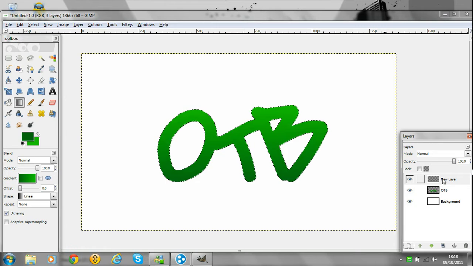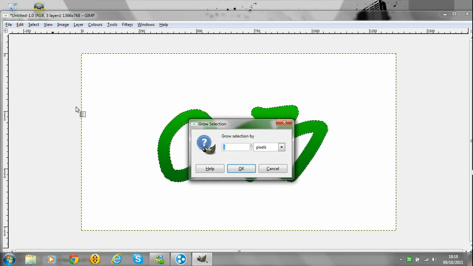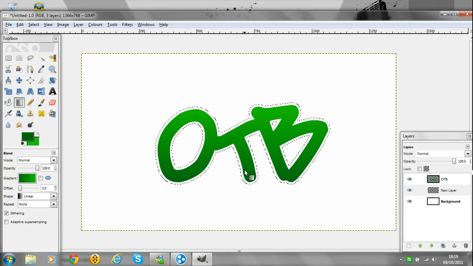and now we're going to be doing the outline effect, and you want to make sure that this layer is behind your text. So you can do that by just pressing this little arrow here, and then you want to go to select grow, and you want to grow it by about 10 pixels. No, it's 1910. So it looks a bit like this, and then you want to change your foreground to black,